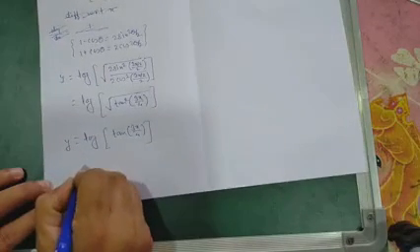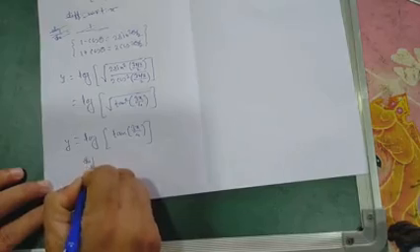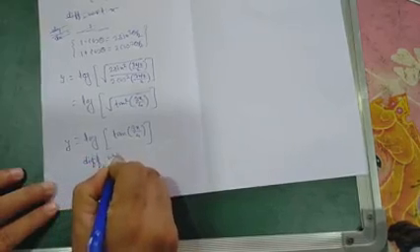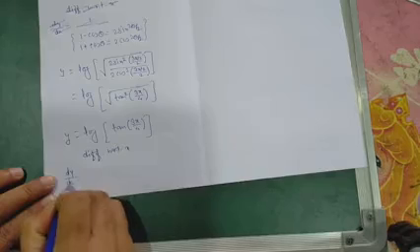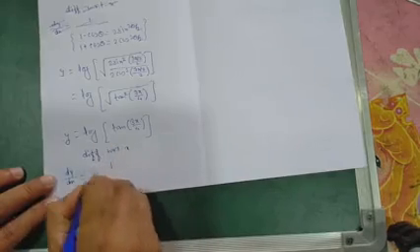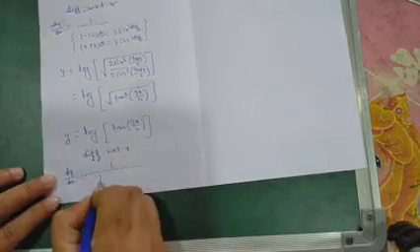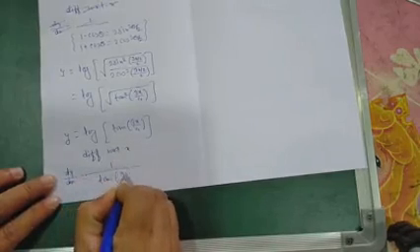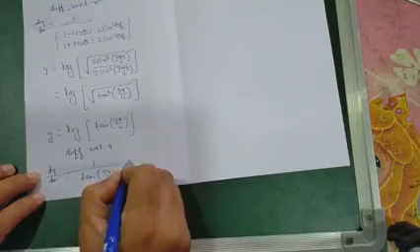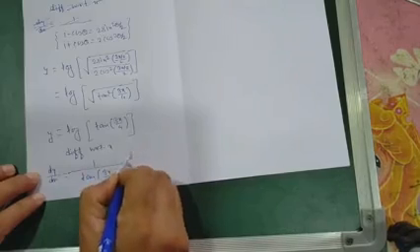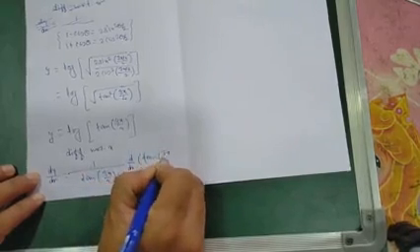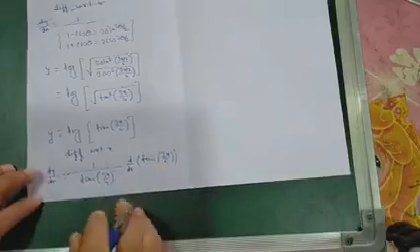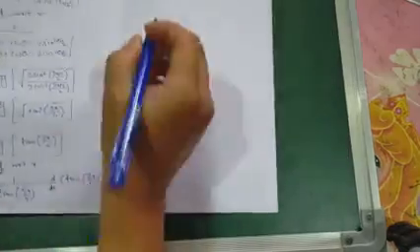Now differentiate with respect to x. This is a simple composite function. Derivative of y is dy by dx. Derivative of log is 1 upon whatever the given function is, here tan of 3x by 4, into dy by dx of tan of 3x by 4. No need to write this, you can find the direct derivative.